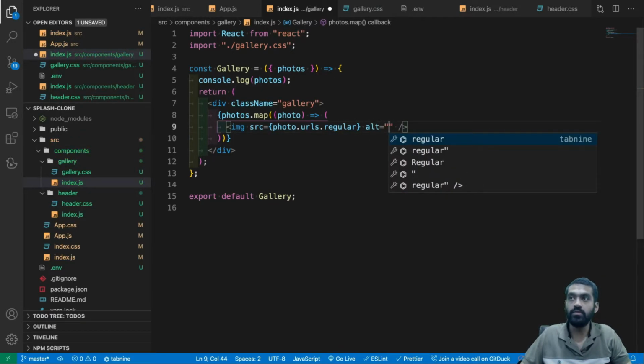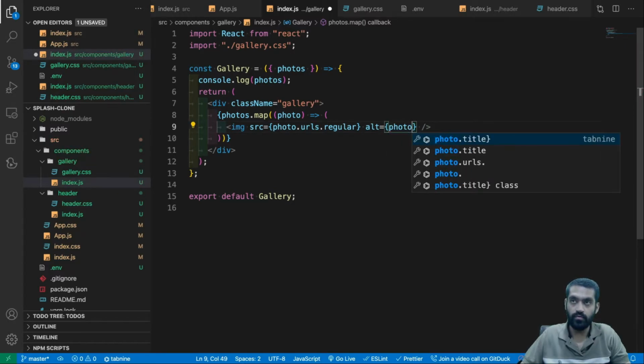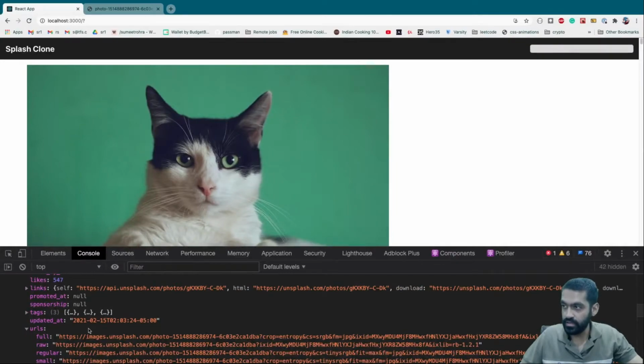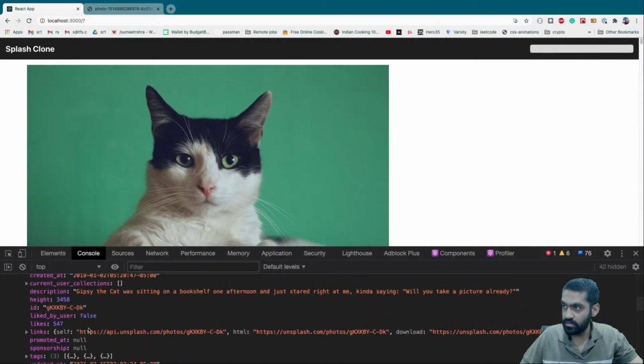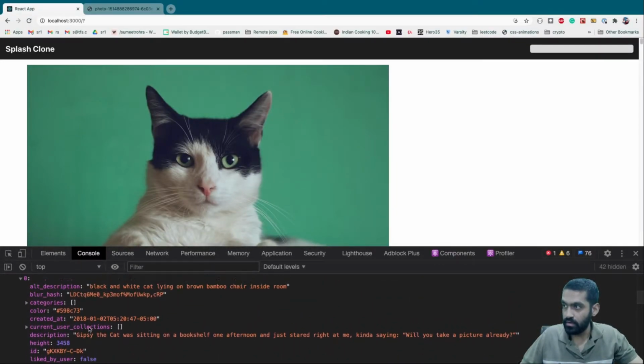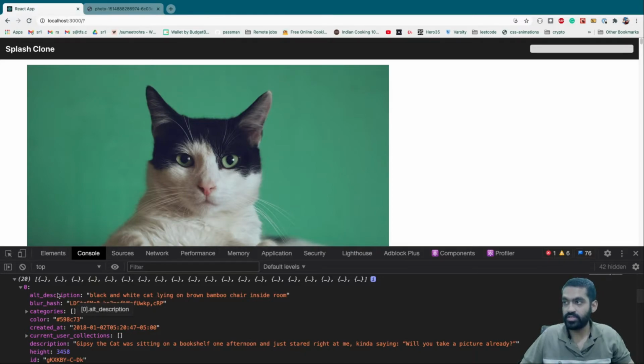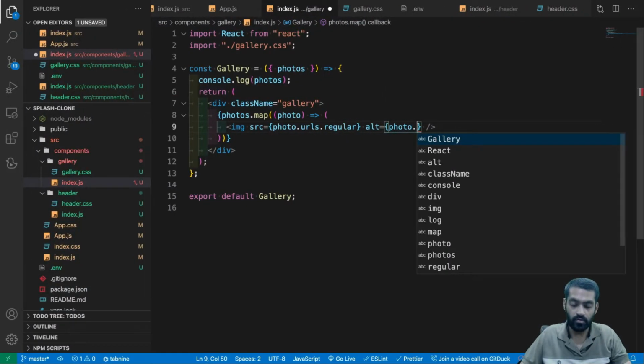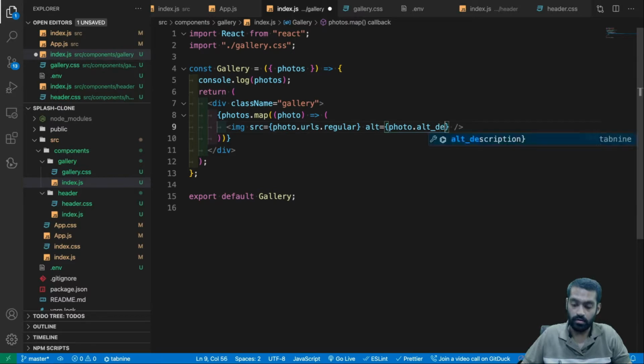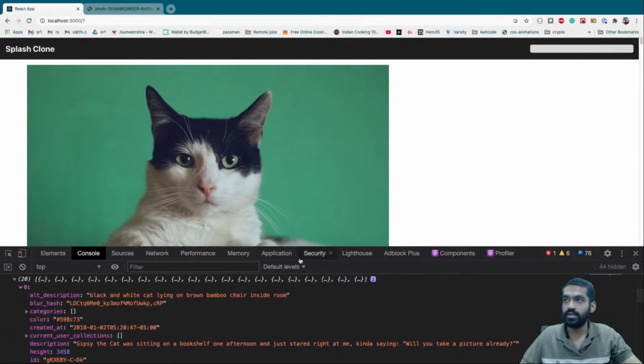Alt, what we can do is let's do photo. Let's see. Photo dot alt description. It's there, right? Photo dot alt description. And finally, let's just keep it this way right now.